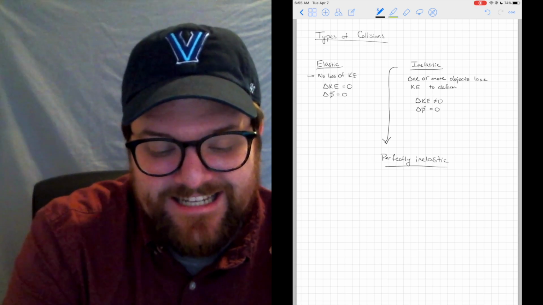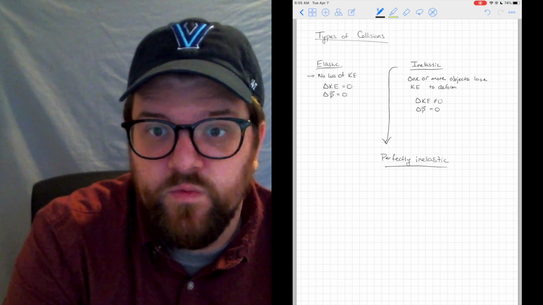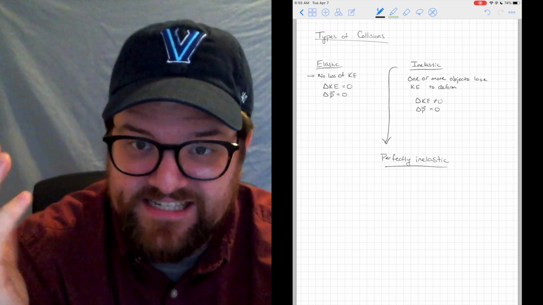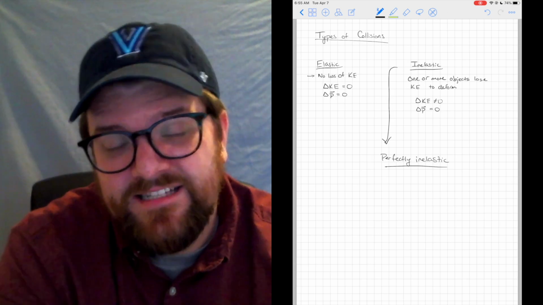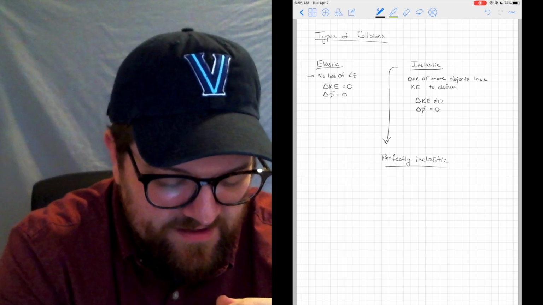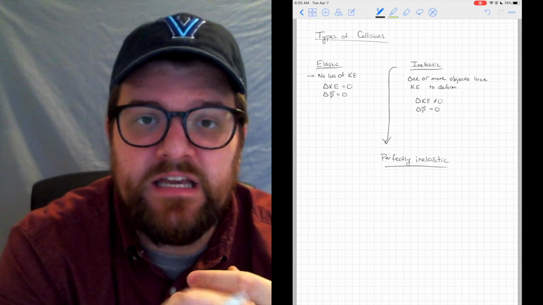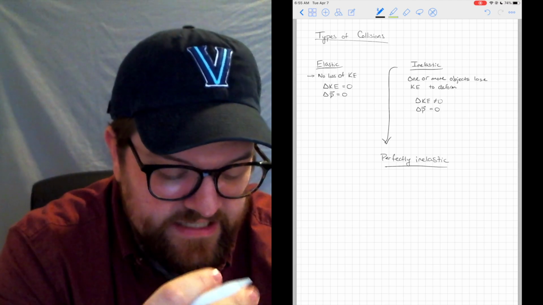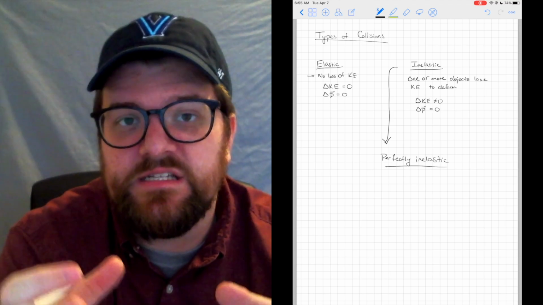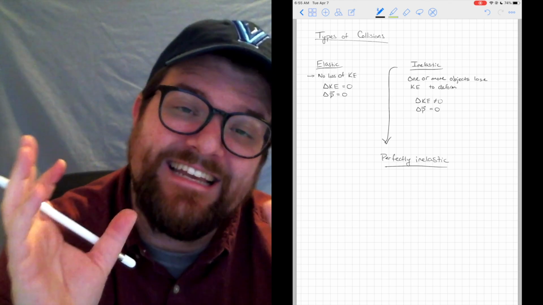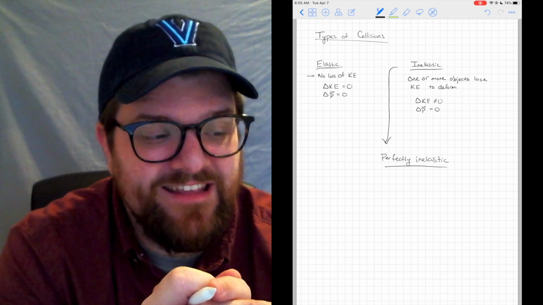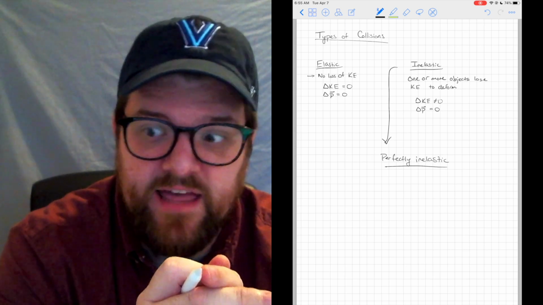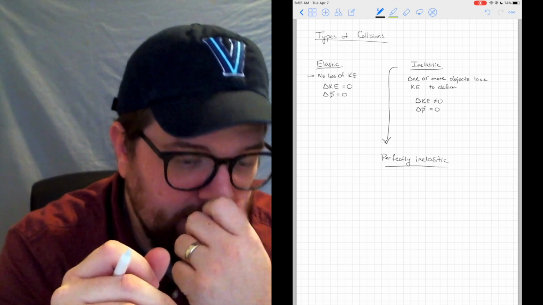A perfectly inelastic collision is one in which our two objects stick together. All right. So the clay, that's why we always kind of talk about the clay or putty chunks hitting each other in inelastic collisions. It's archetypal of a perfectly inelastic collision. You can have inelastic collisions that don't stick together. Something like